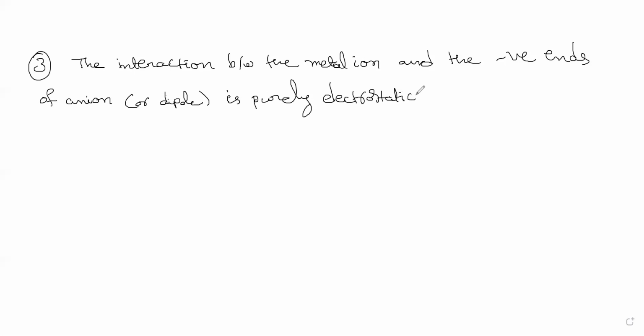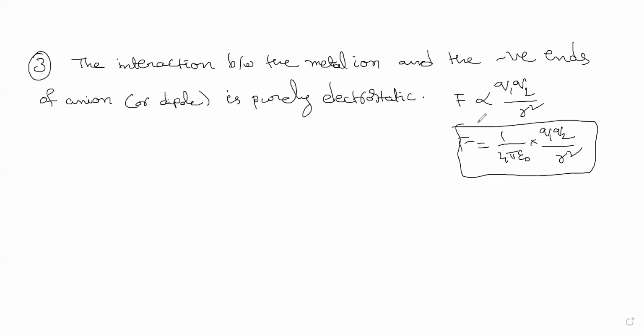Electrostatic interaction means that's a Coulombic interaction. When they say this word electrostatic, it means that F is proportional to Q1 Q2 by R square. Depending upon the units, you can put that. Okay, you know this one, F is equal to 1 by 4 pi epsilon naught Q1 Q2 by R square. So what is Q1 and what is Q2? One is the metal ion, another one is the ligand. So that's how they are treating. So I told you that when they are considering the situation as point charges, the situation they are considering is like Coulombic interaction. Okay, so the interaction is purely electrostatic.